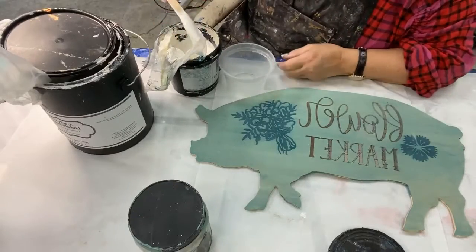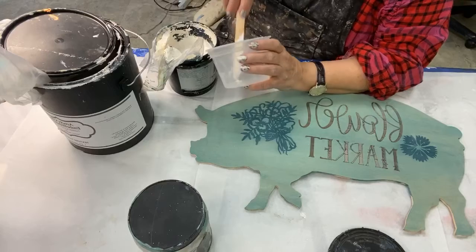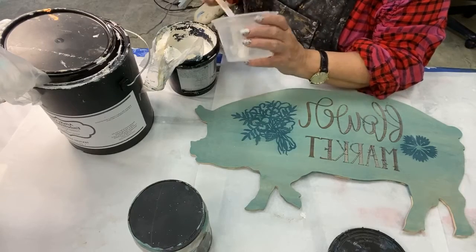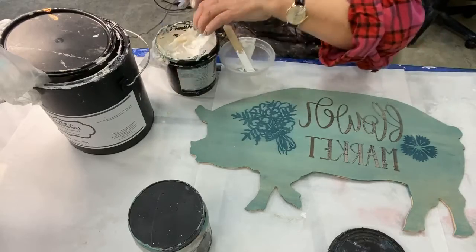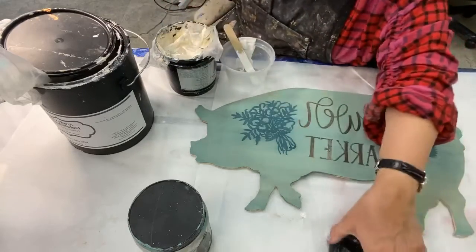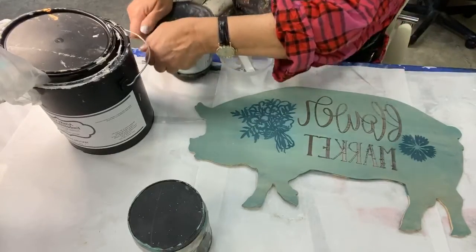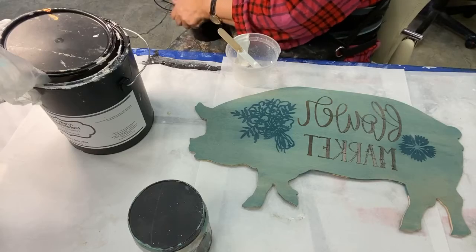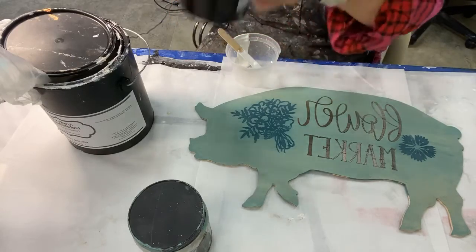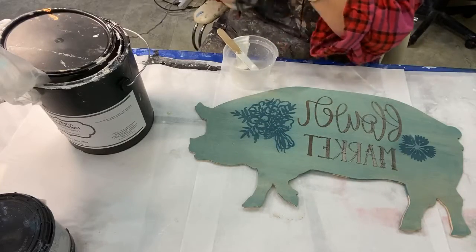Now, pickling white is obviously white. So we're gonna take a little pickling white. Here's my containers. And you can see I cover all my containers with plastic because once you've opened them and air gets to them, it shortens the shelf life. So if I want them to last longer, I put plastic preferably to the surface. And then we're gonna take a little